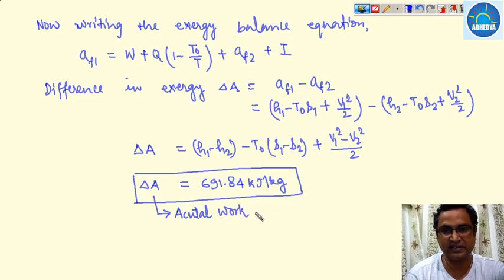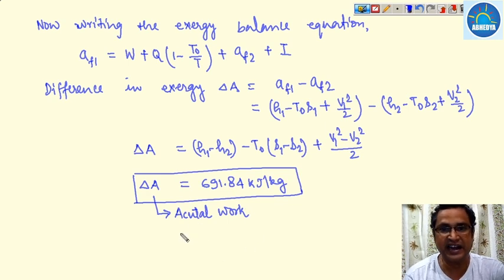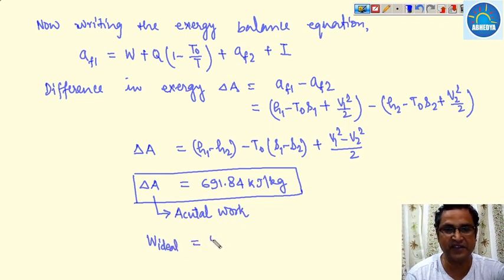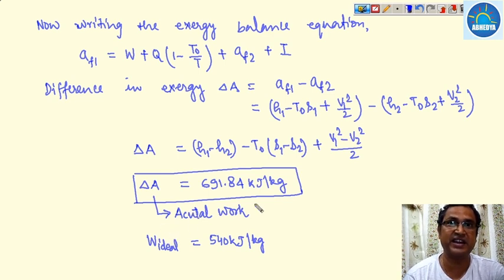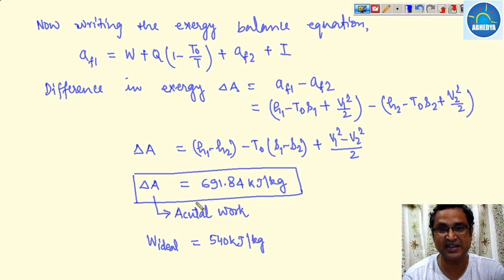Actual work that has been done. And ideally we have calculated the ideal work, and this ideal work is 540 kilojoule per kilogram. So you see that availability is more because of the friction, and ideally it has generated 540 kilojoule because it is an output. In case of a compressor it is an input, so at input the ideal work will be there, but at output the ideal work will be less as compared to your actual one. So it is 540 kilojoule per kilogram that we are getting at output.